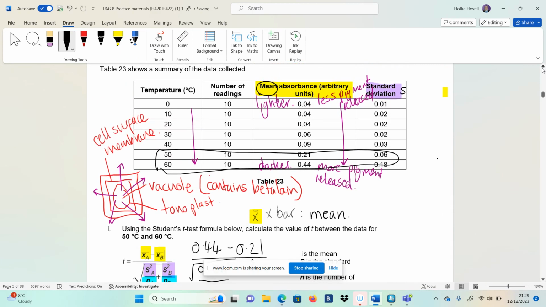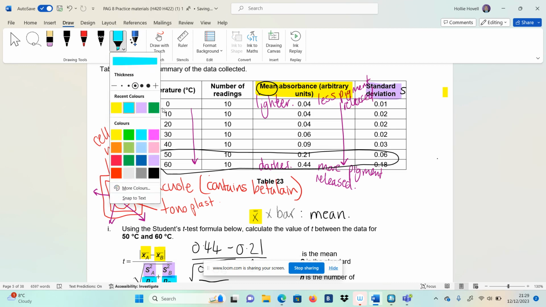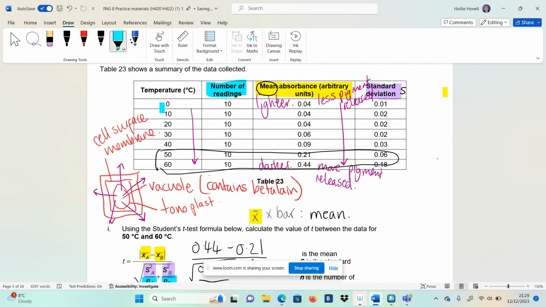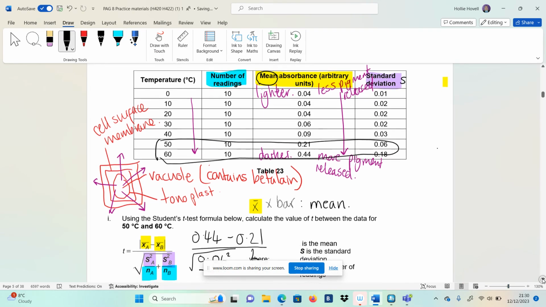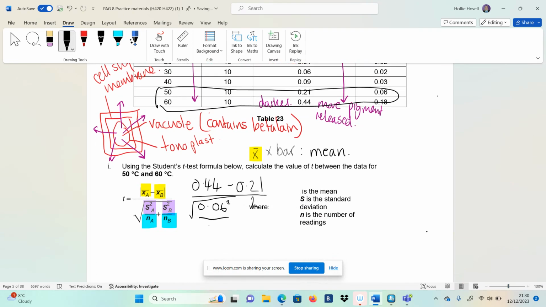Now it told you here the number of samples, number of readings, was 10. So if I highlight that the same colour as well, to make sure it all lines up, we're going to divide it by 10. Sorry, this should be right down here. It's the square root of all of this. Get rid of that. And then you're going to do plus